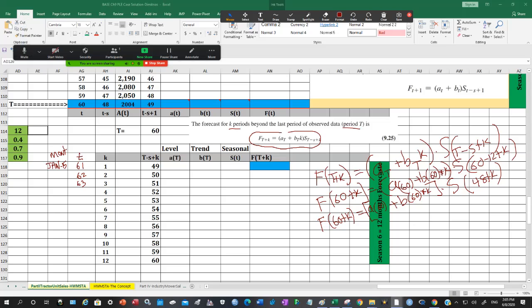I see that my screen froze here, but you can basically see that this value right here would be A of t, or A of 60. And what is A of 60? This is lowercase a of 60. It's whatever I have here. The level A of 60 is,